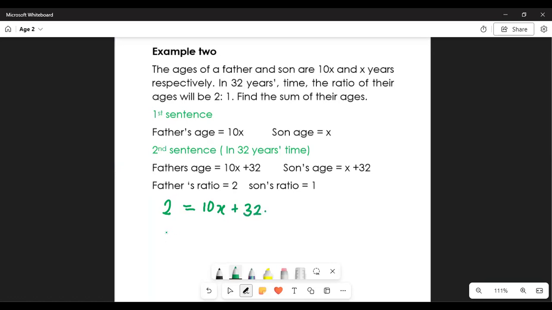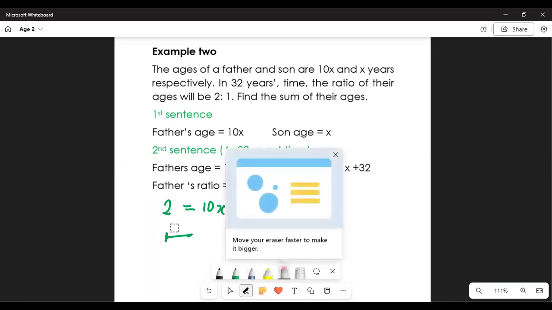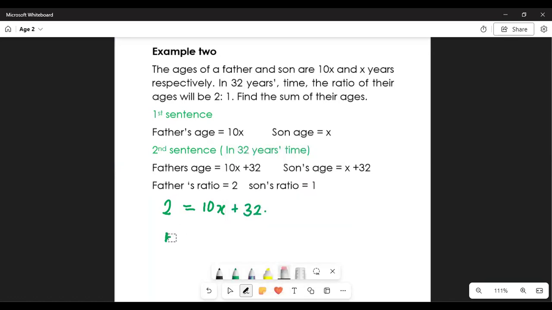And the son's age is 1, which is the same as x plus 32. And because these ones are expressions, kindly put them in brackets. So we cross multiply,